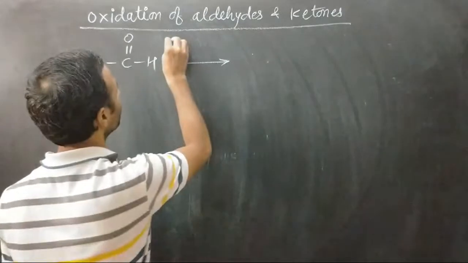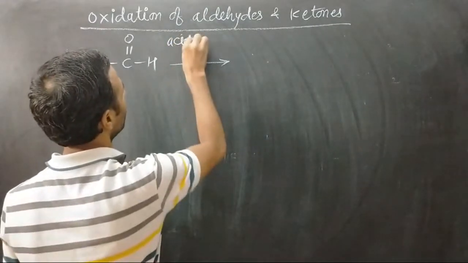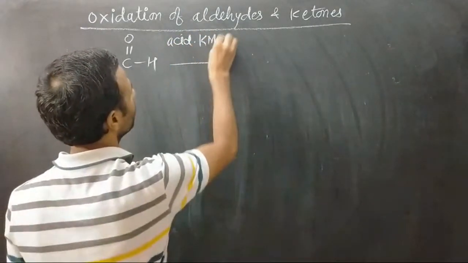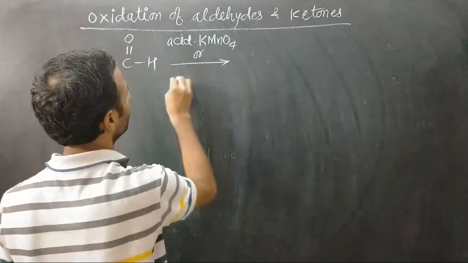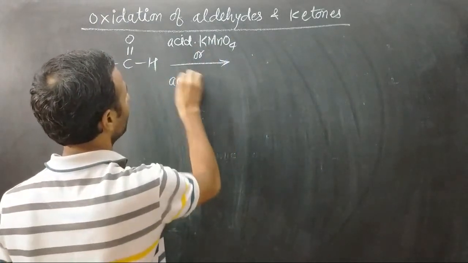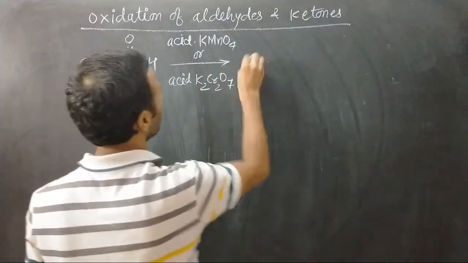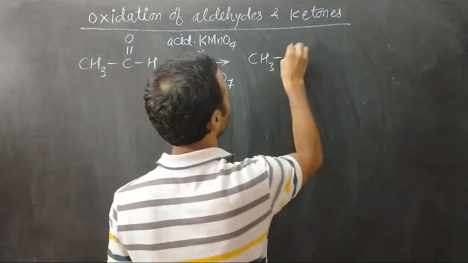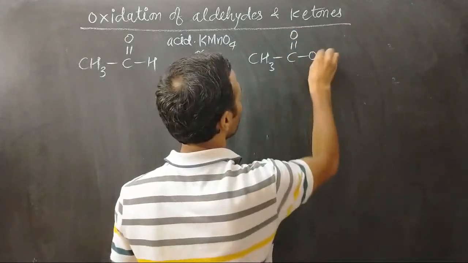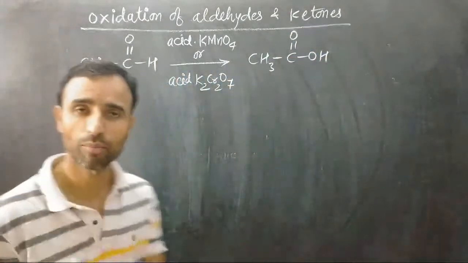Simple, we can use acidified KMnO4 or acidified potassium dichromate. If they are used, then the aldehyde can be converted into carboxylic acid with the same number of carbon